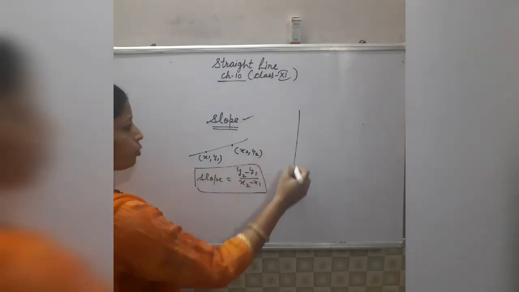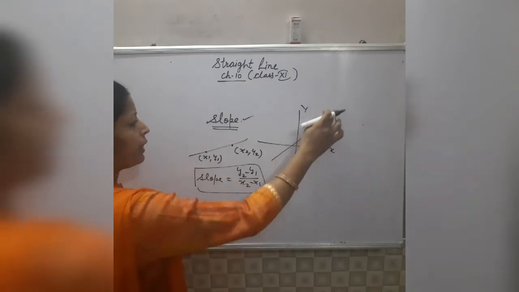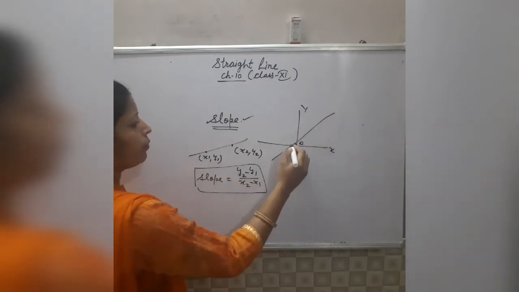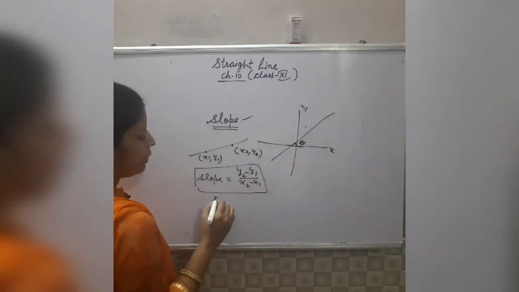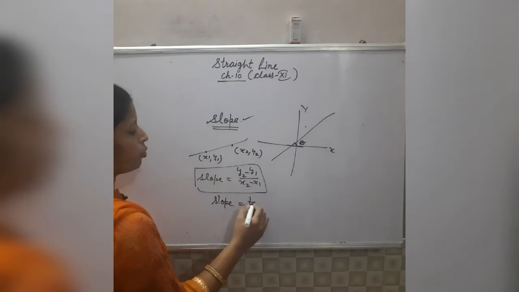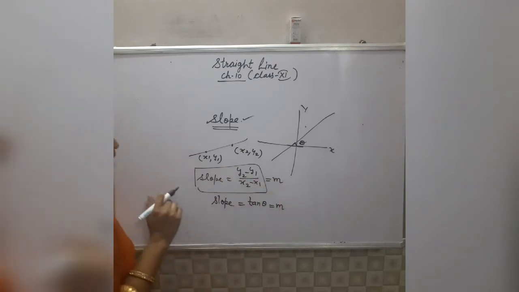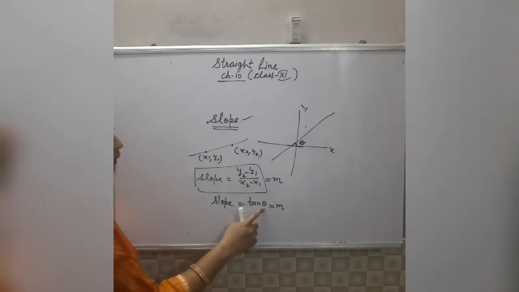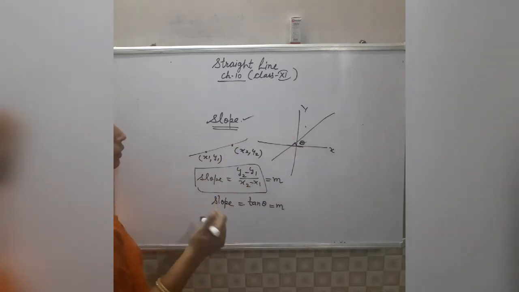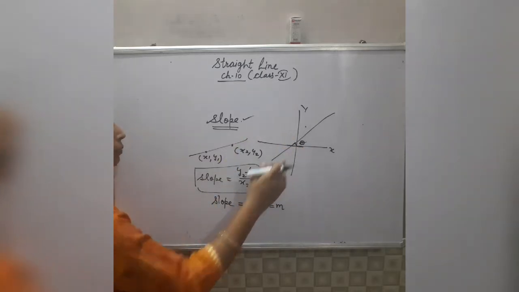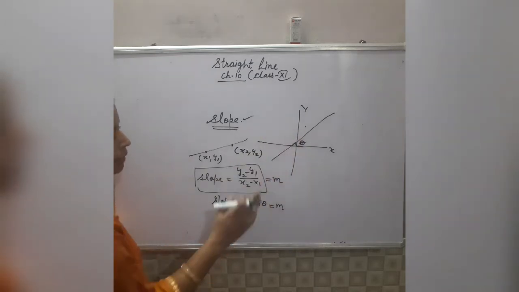Second one, suppose this is Cartesian plane, x-axis and y-axis. Suppose any line makes an angle theta with positive direction of x-axis. Then in the second case slope is equal to tangent theta, and slope is denoted by letter small m. Listen very carefully. In this case angle theta is the angle between line with positive direction of x-axis. Clear? So you will use this formula, tangent theta for slope, if angle between line and positive direction of x-axis is given to you.